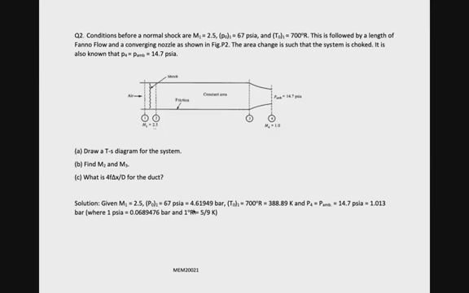Stagnation temperature at point 1 is equal to 388.89 Kelvin for 700 degrees Rankine, since 1 degree Rankine is equal to 5/9 Kelvin. The other given condition is P4 is equal to 1.013 bar, which is equal to 14.7 psi. Moving on,